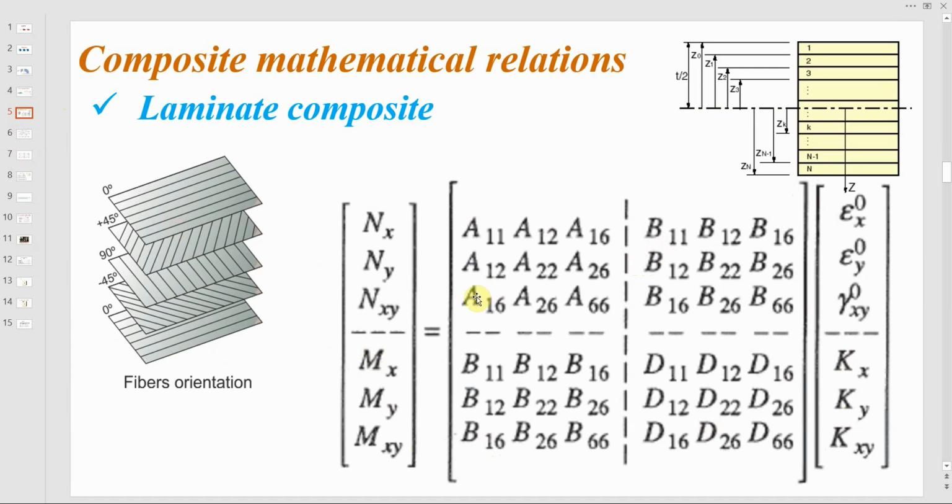I wanted to talk more about the elements of this matrix. This one is the force part, and this one is strain or curvatures. Here is strain and here is curvature, and here is axial force, and here are moments. This matrix connects this one to this one. But I wanted to talk about how to calculate each of the elements available here. So I come here,